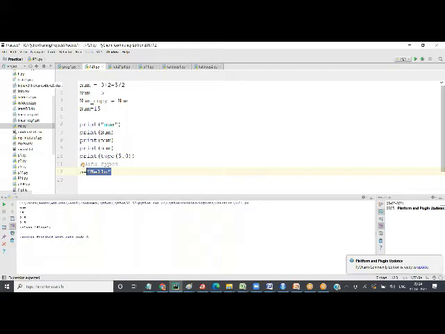And what is the value of a? Hello. So the value of a is hello, which is of type string. So you can have integer, float, string, and there are two more which we will see: Boolean and complex.